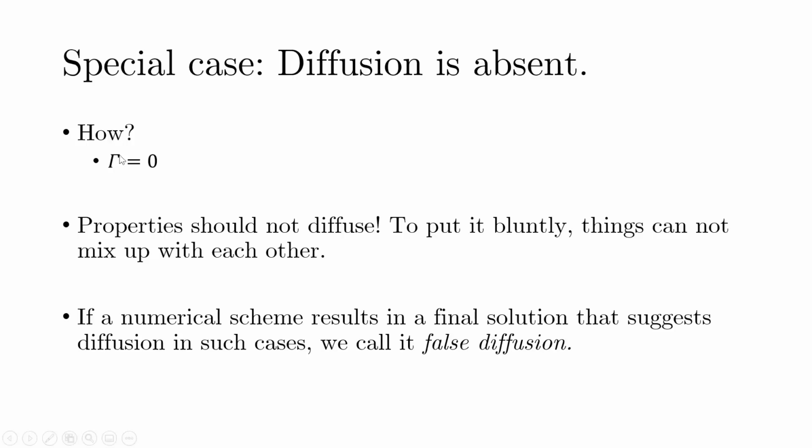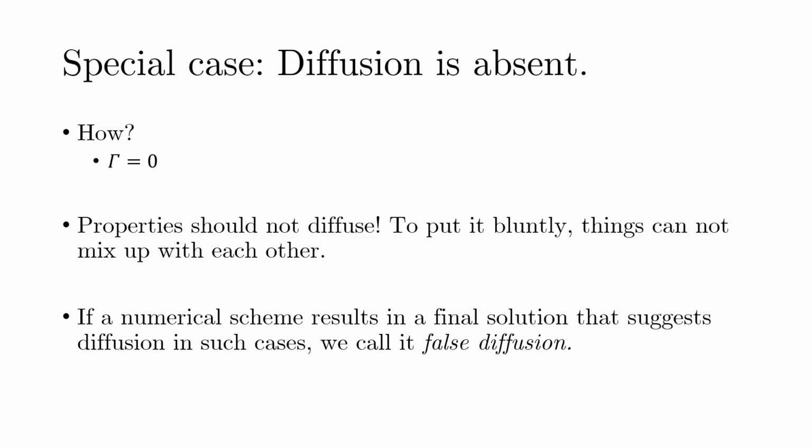And numerically, the way to implement it is that you put the gamma as 0. So the problem simply becomes a convection problem. So now we want to solve a convection problem using this upwinding scheme. So physically, this particular situation implies that because there is no diffusion, there should be the fact that the